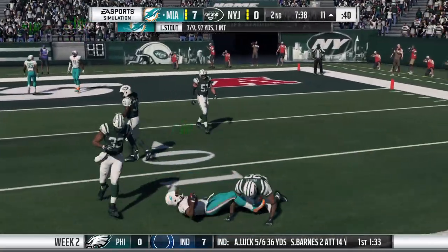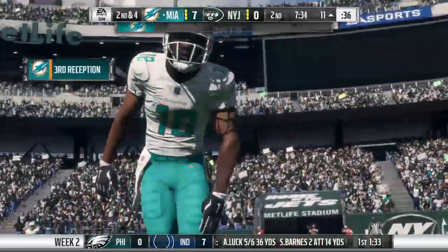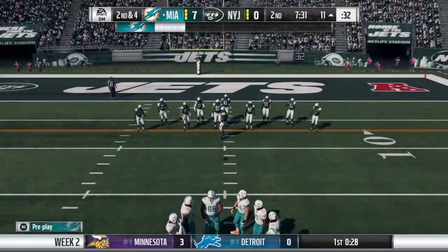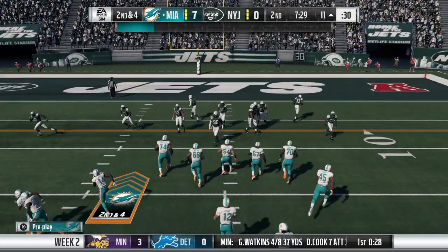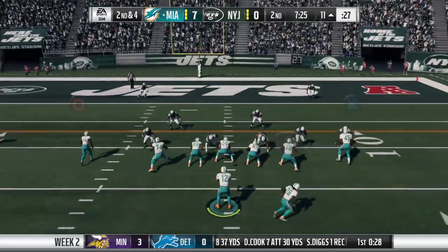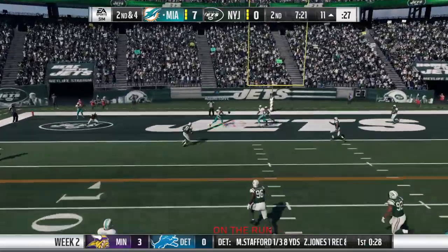Firing quickly here, and that's complete. And, oh, he is really laid out that time. Knocked flat on his back. Well, this is how you shake the thoughts of that interception on the last drive. You come out and start this one 4 for 4. And watching him throw it around with that type of confidence reminds me of a guy I played with way back when who told me, I don't care about...